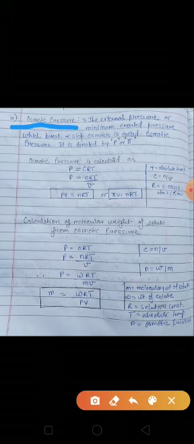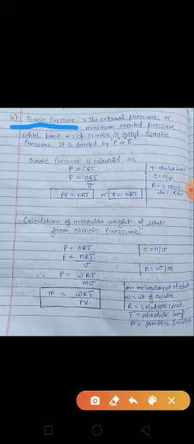Good morning, students. Today we are going to study the last colligative property, that is osmotic pressure. To understand osmotic pressure, we first have to know what osmosis is and what a semi-permeable membrane is. Osmosis is simply the movement of solvent particles from lower concentration to higher concentration. And a semi-permeable membrane is simply the membrane which allows only solvent molecules to flow and not the solute particles.